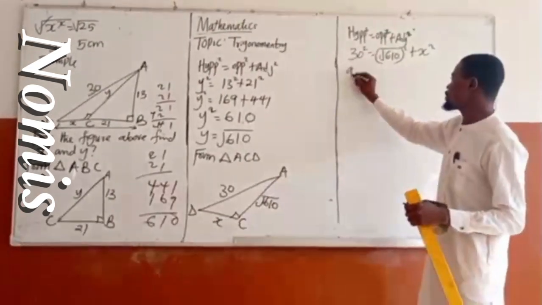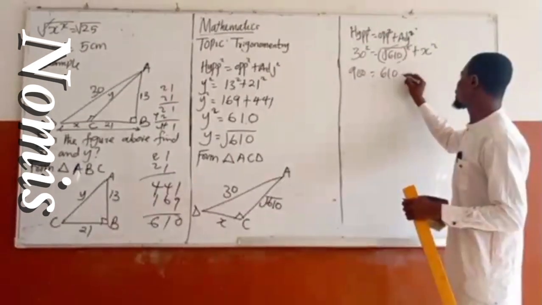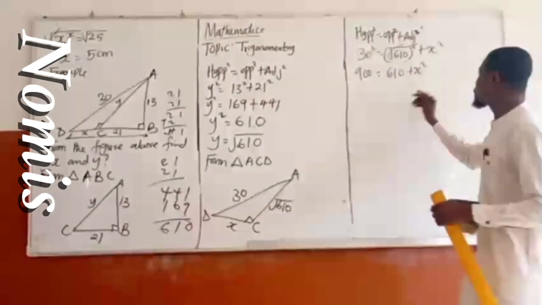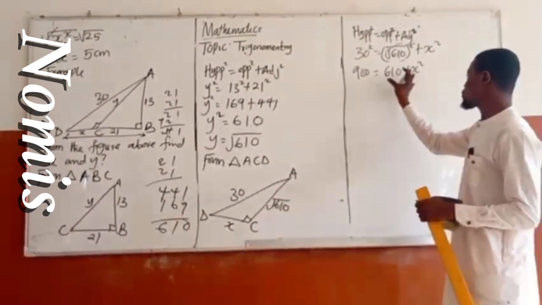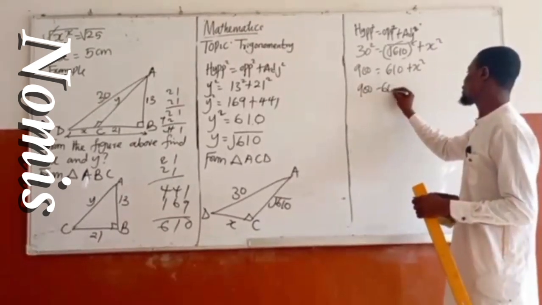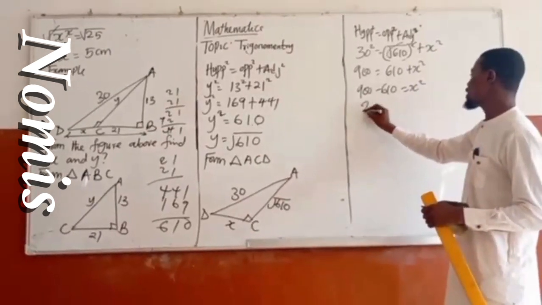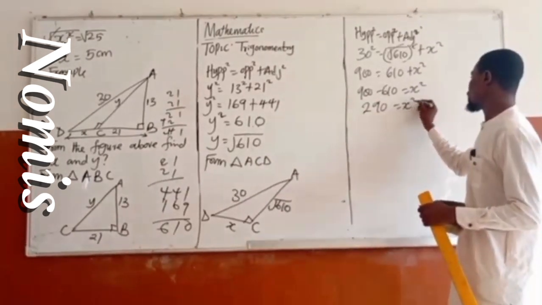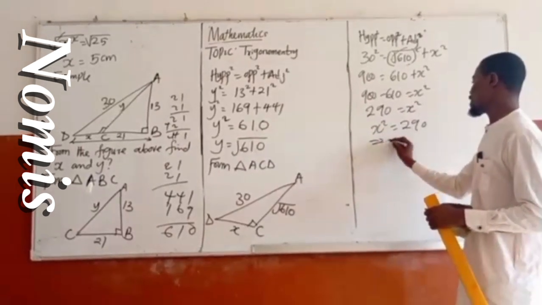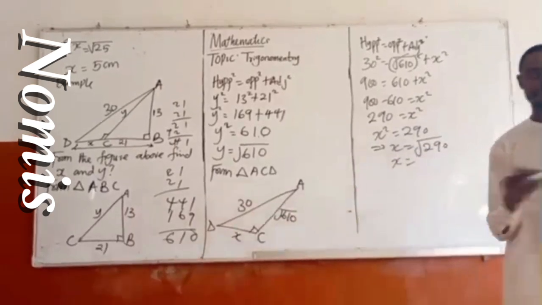30 times 30 we have 900 is equal to, we cancel the square root, 610 plus x squared. See the reason why I don't want to find the square root? Since that is not the final answer, it's better to leave it in short form. We have 900 minus 610 is equal to x squared. 900 minus 610 gives 290, which is equal to x squared. Then x squared is equal to 290, which implies that x is equal to the square root of 290. And the square root of 290 is